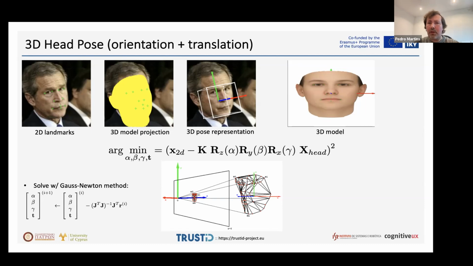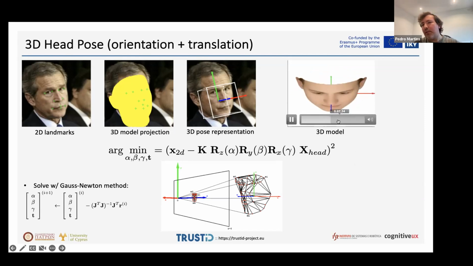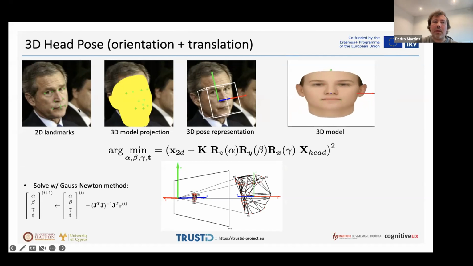How does this work? So we have a 3D model, as mentioned. The idea is to minimize the difference between the projected features of the 3D model and the 2D features of the face alignment. And this is actually a nonlinear problem where we aim to estimate the three angles of the rotations and the translation vector. And this is in fact solved with a Gauss-Newton approach, where the first iteration is given by the DLT algorithm.